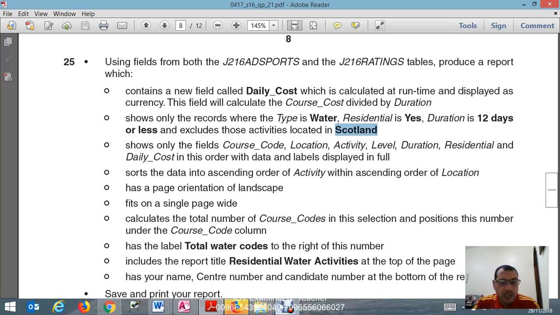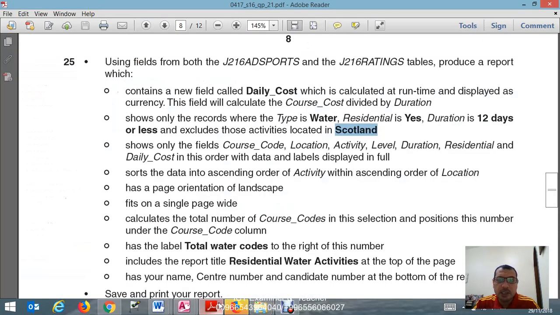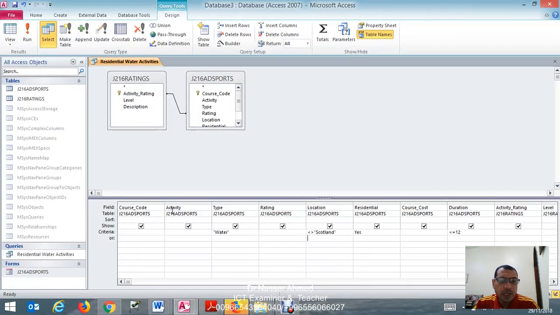What can I do? I have to delete the remaining ones. He said course code, activity, and location and level, one by one. Course code, activity, no type, no rating, location, residentials, course cost, duration,